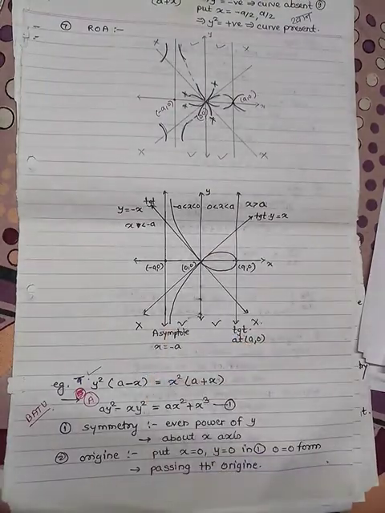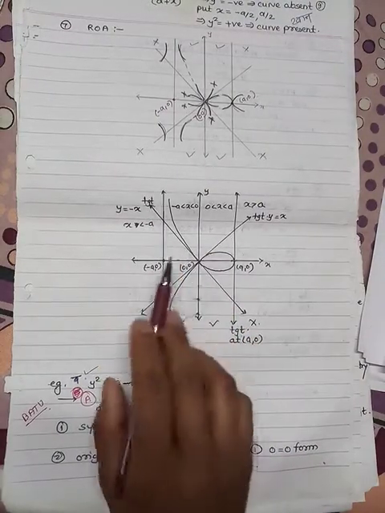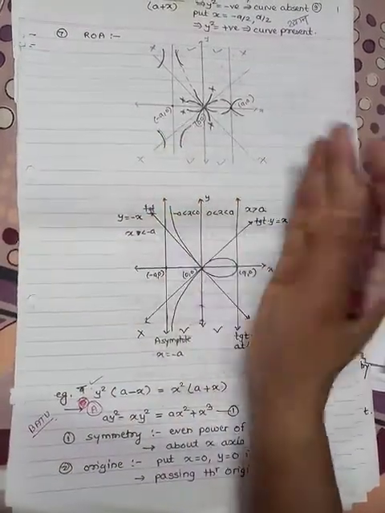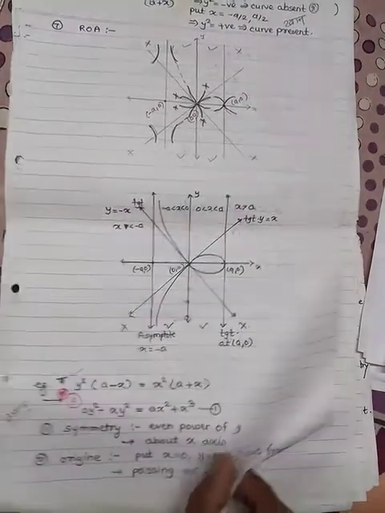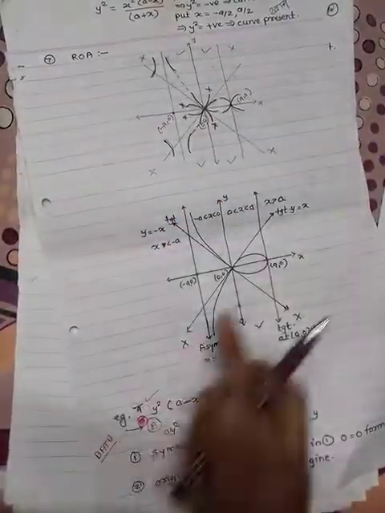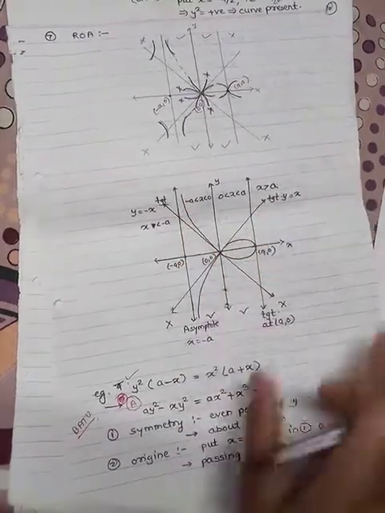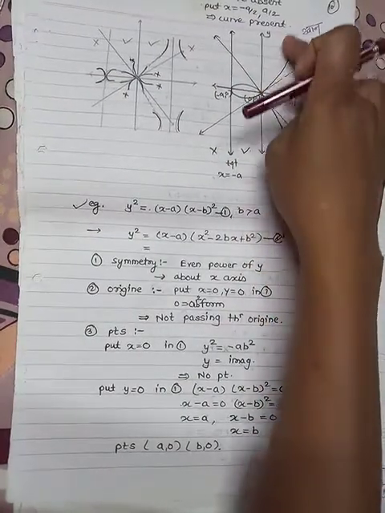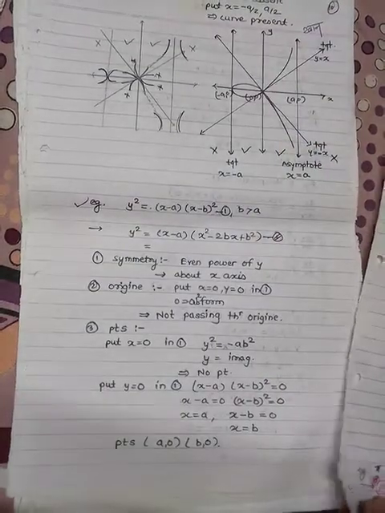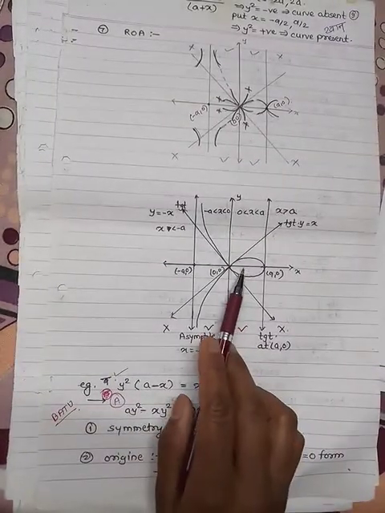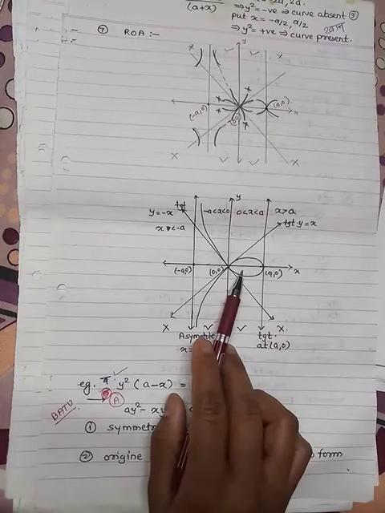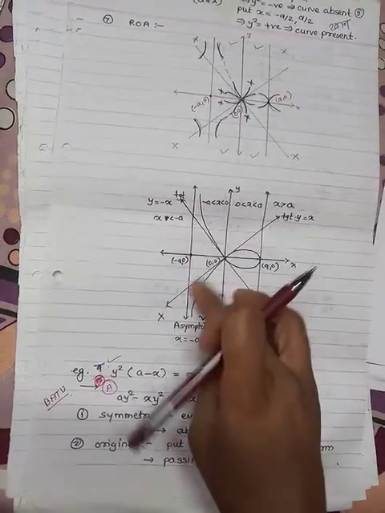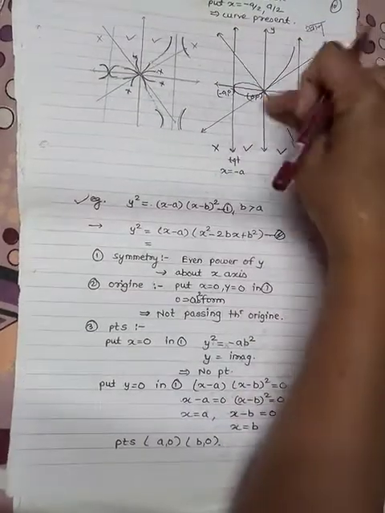Same curve is there, as in the previous example where we get this curve which is open. This tail is on the left side and the loop is on the right side, but in this example we just get the opposite curve, that is the loop on the left side and the tail on the right side, that is this curve. Loop on left side and this is your tail, tail on right side, exactly opposite to this curve. This curve we get in the previous example, and exactly opposite to this curve, the tail is open at the left side. So here the tail is open at the right side.